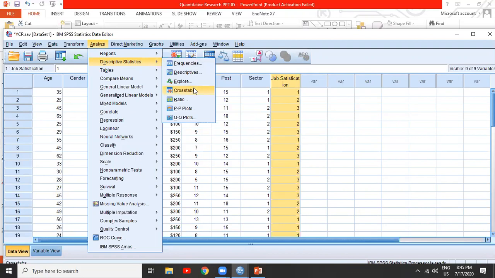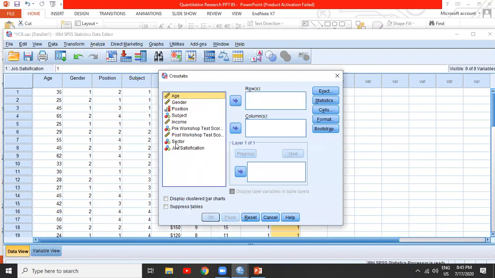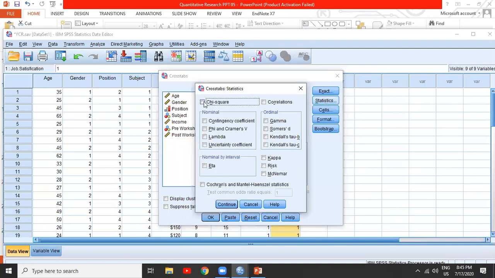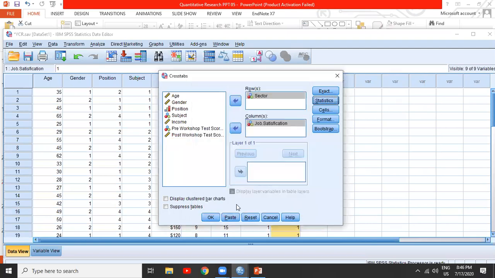Chi-square doesn't have a separate tab, so just remember you go to cross tabs. Then you put one variable in the rows and one in the columns. It doesn't matter whichever you put where. Then we click on stats, and we just click on chi-square. There are a lot of tests that are not related to you right now, so just click chi-square and continue